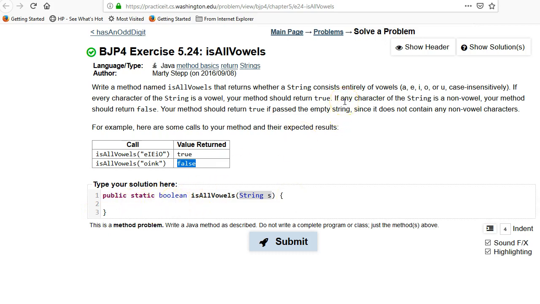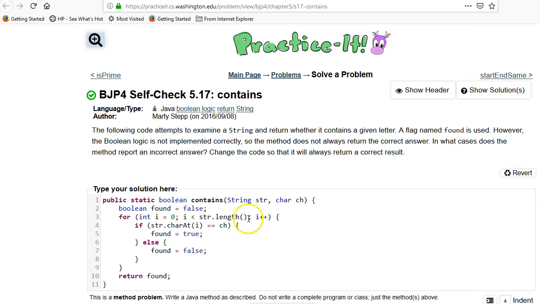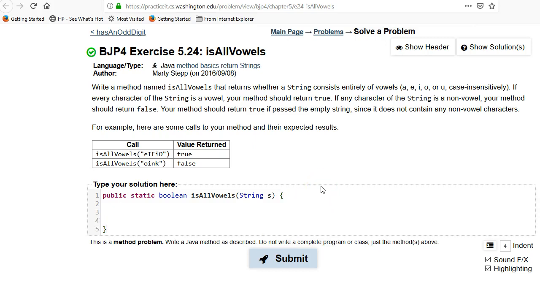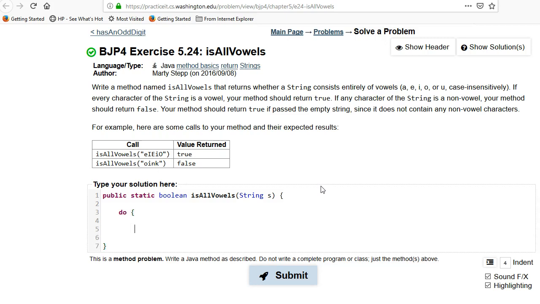Okay, so we're testing whether every character is a vowel. Okay, so remembering the work from self-check 5.17, we know that we can write a loop, and we know that we can check each character, right? Here's a loop, and using each character we can do the charAt, right? So we know we've got some stuff there. But let's figure out how we can do it using indefinite loops. So indefinite loops are typically of the form do something while, okay? So in a way, this is actually